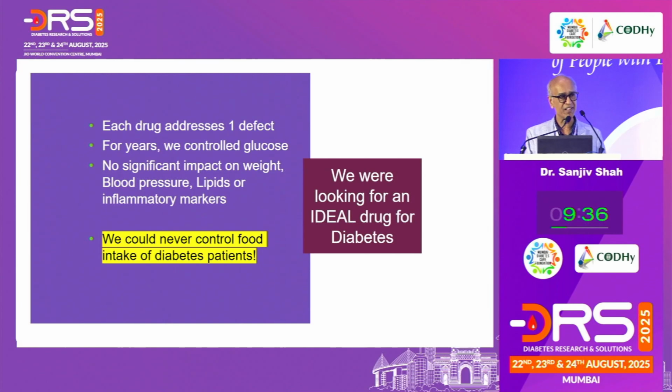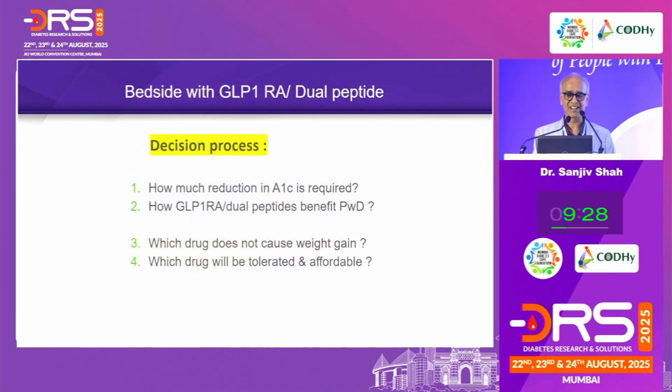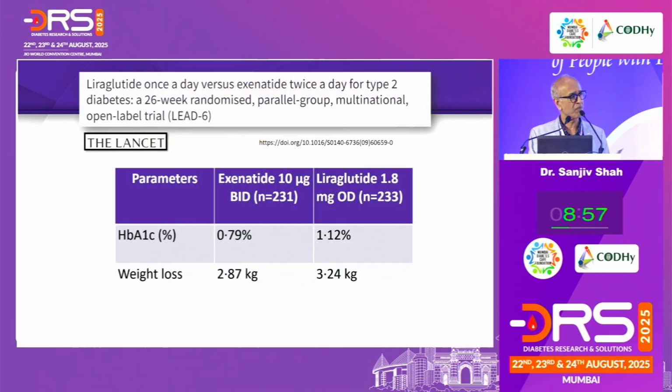The food industry is so powerful in creating food, and we probably needed a drug to switch off that kind of food consumption. So when we look at treatment of diabetic people, how much A1C reduction is required? How would a dual peptide or a GLP-1RA behave in relation to A1C reduction without causing weight gain or hypoglycemia? Most importantly, it should also be well tolerated and affordable. It is a long-term treatment for diabetics, which should run beyond 5 years and not be short term.